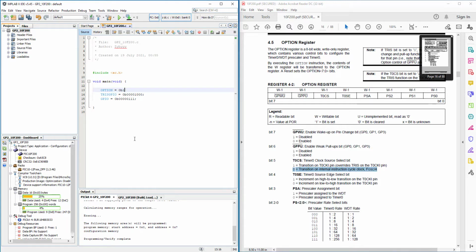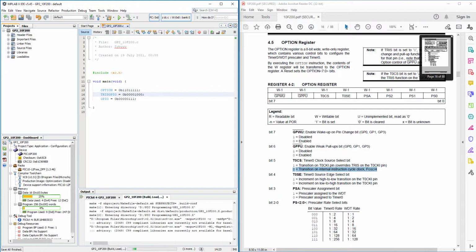So bit 7 I'm leaving as a 1, bit 6 as a 1, bit 5 I want 0, and the rest of them I'm just going to leave as 1s, because that's their initial status on power-on or reset. Okay, that's all changed. So let's build and program now